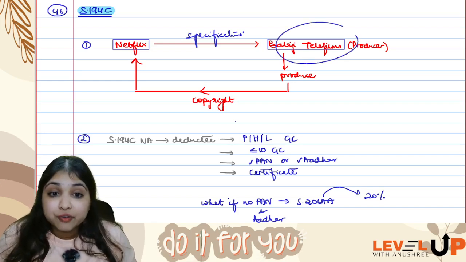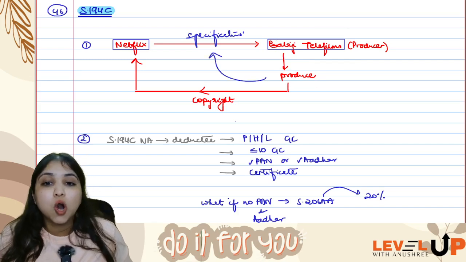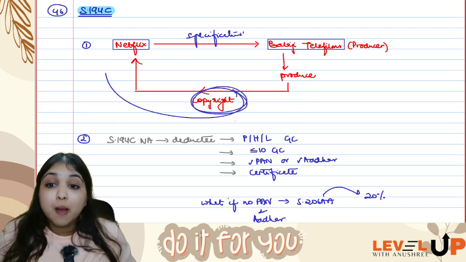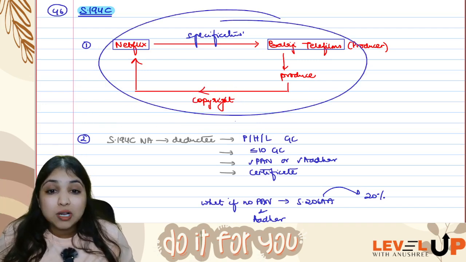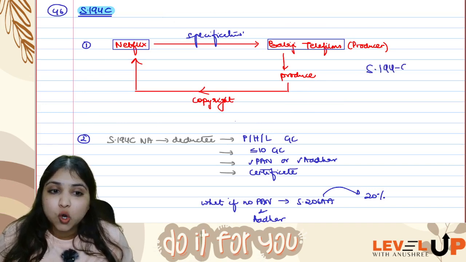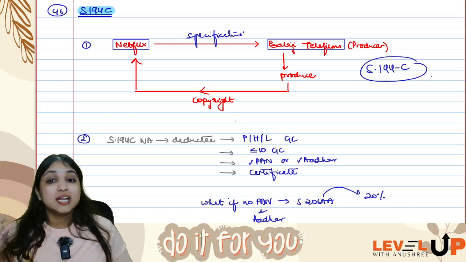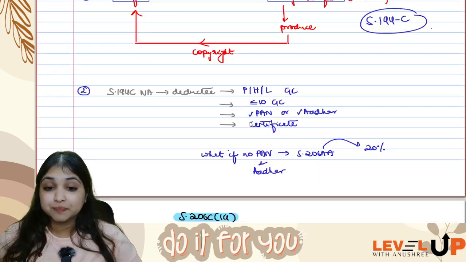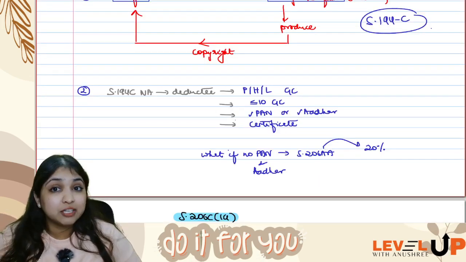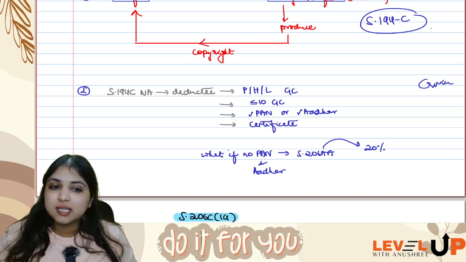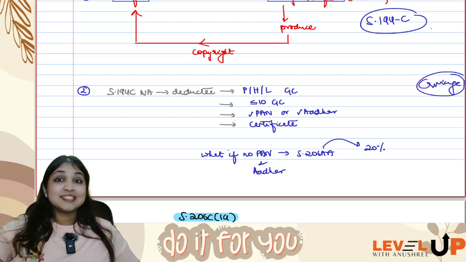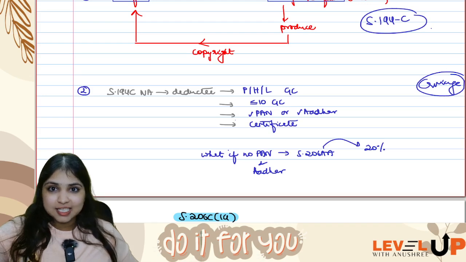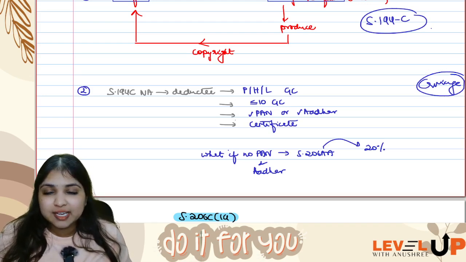Balaji Telefilms' work is just to produce the movie according to these specifications and then give the movie to Netflix. In fact, even the copyright will be given to Netflix. If all these conditions are fulfilled, this will be a works contract and it will fit under 194C. Specifications are given, copyright is also transferred, 194C will apply. Then in 194C, if you remember, even carriage is covered, guys. Right, A, B, C, C, important point, remember. One C is for catering, another C is for carriage. So even carriage is fitting in 194C.